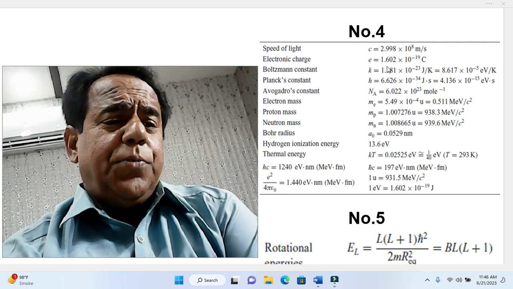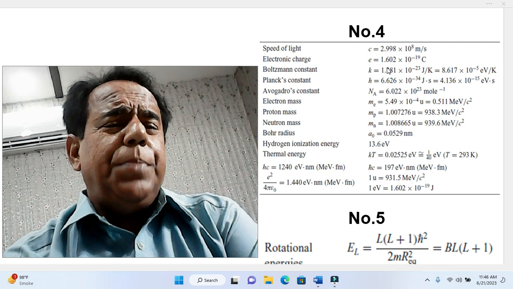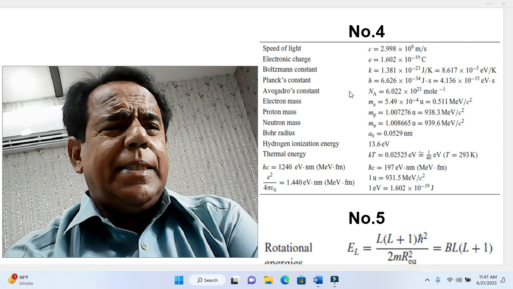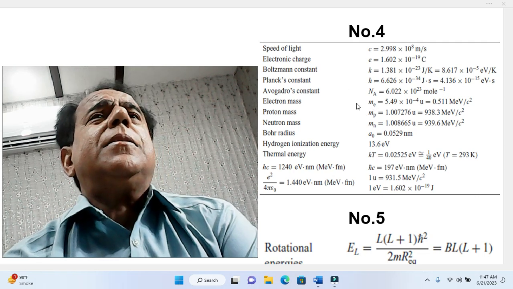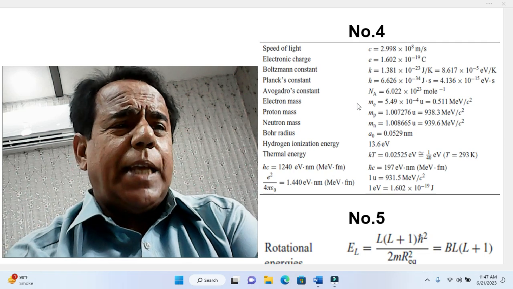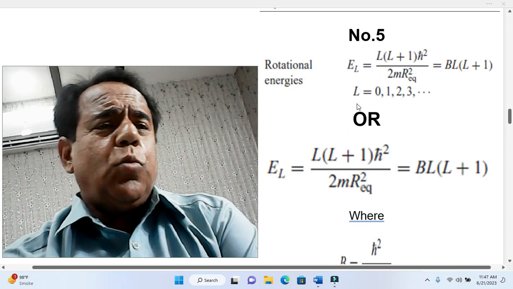Dear students, from this table various values may be used. Okay, so this is a general table in which many values of physical constants have been enumerated, have been described, have been given. Okay, now we come to